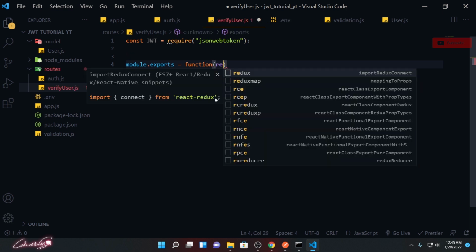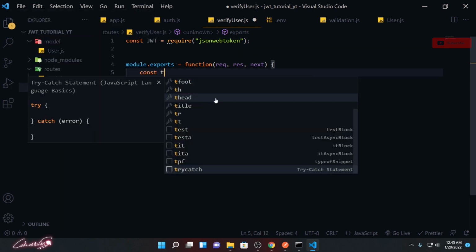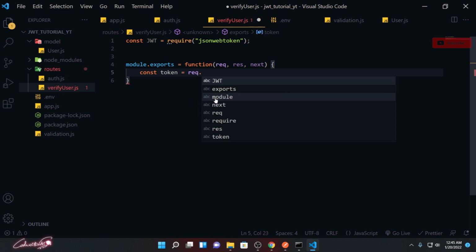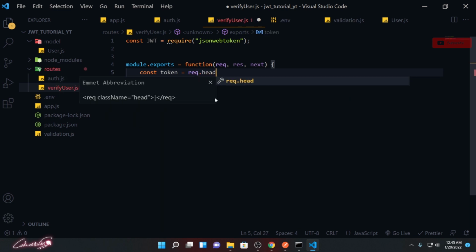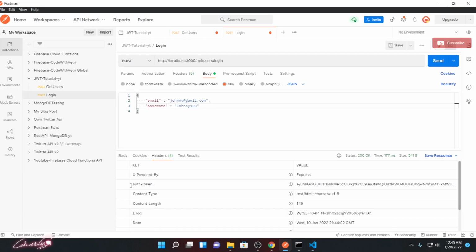This function is going to have request, response, next as parameters. So const, first we need to fetch the token value from the header. Through the request.header, I'm going to fetch this particular auth token.